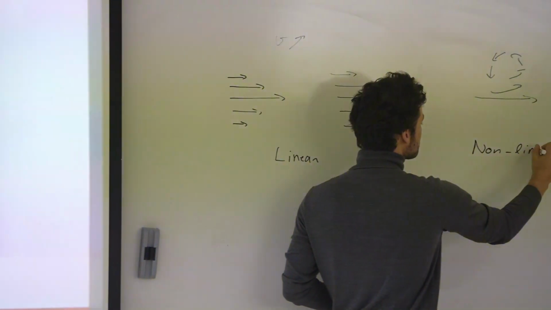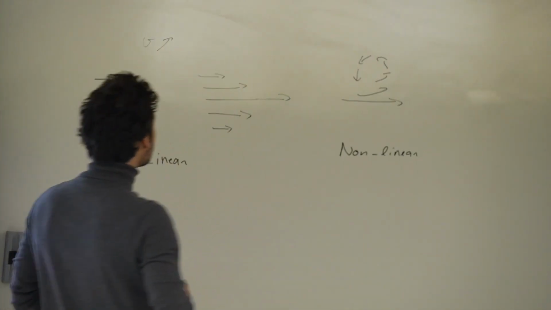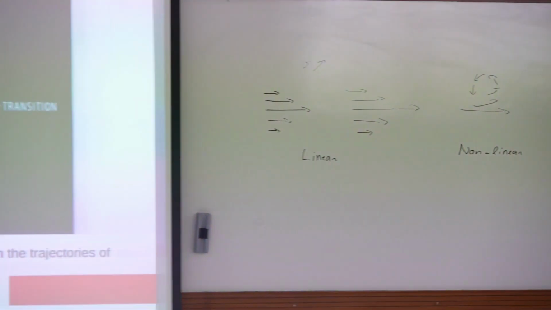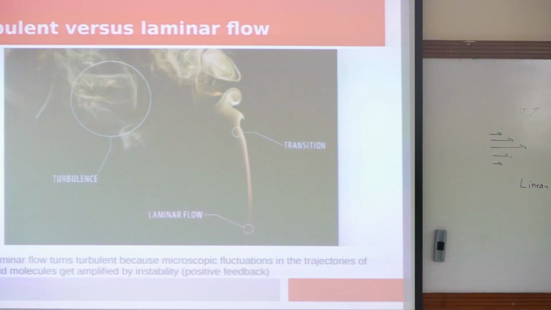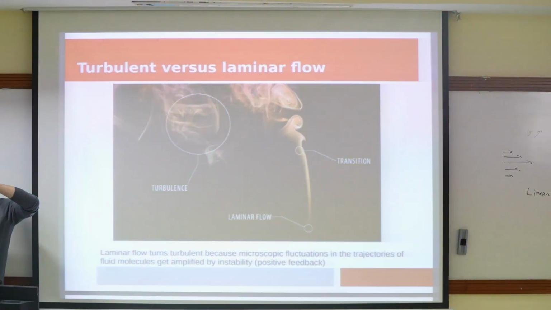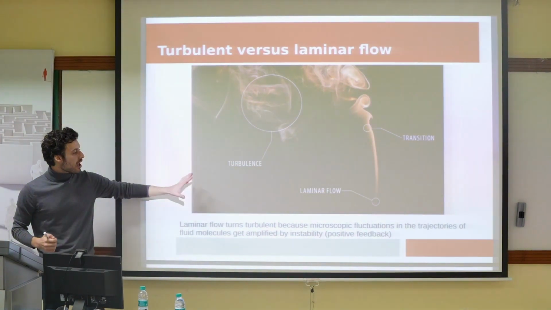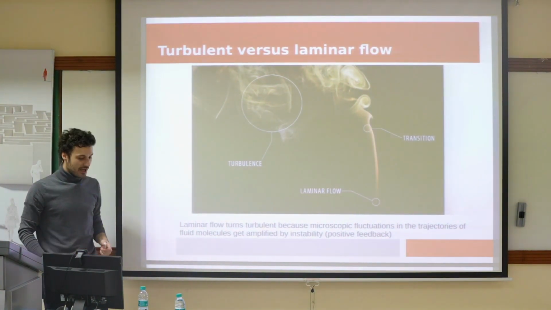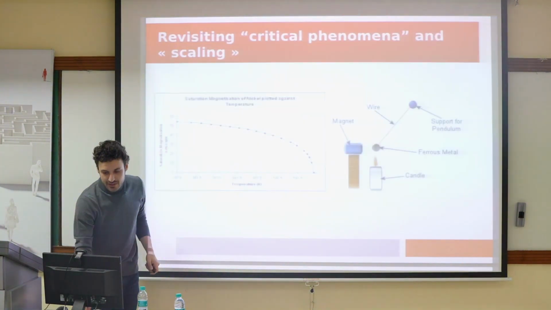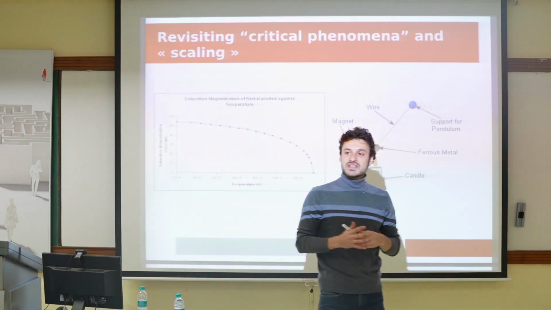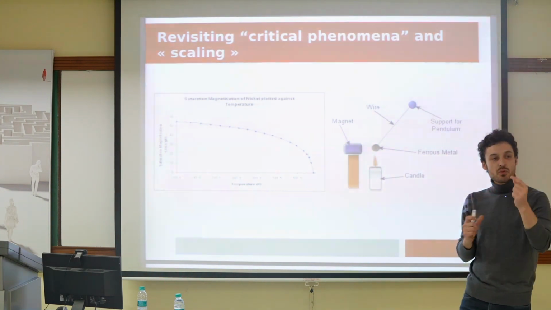So that's a very hands-on view of how turbulence emerges. Essentially, laminar flow turns turbulent because tiny, microscopic fluctuations get amplified by instability in the system until you reach full turbulence. So the other system that we saw yesterday, which also manifested the same property,